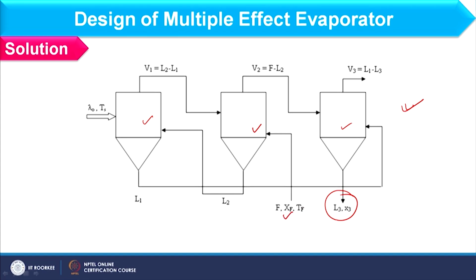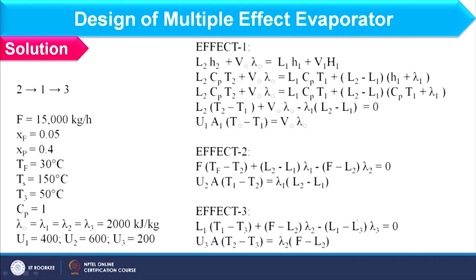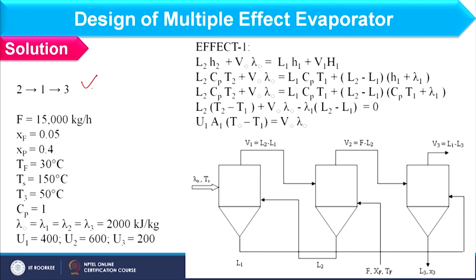Usually XF and X3 are known to you, and let us see the governing equations. Here I have the sequence 213, this is the schematic. For the first effect you can simply consider L2 H2 because it is entering, V0 lambda 1 as we considered previously, and L1 H1, and V1 capital H1. In this way you have to carry out the balance for energy as well as mass,